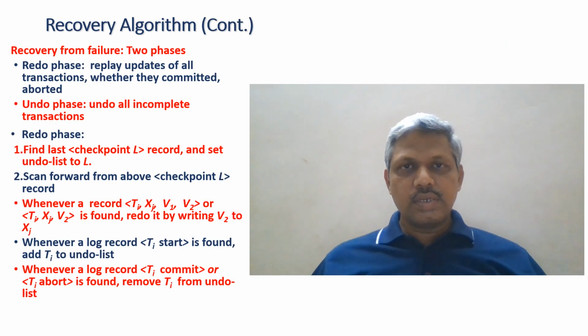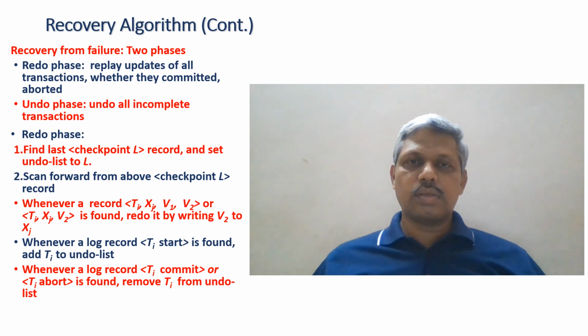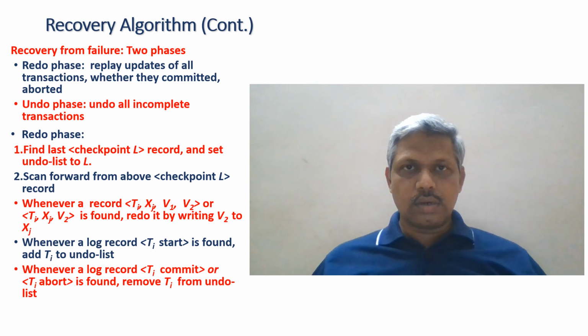So far we have seen the bits and pieces of the recovery process, and we have tried to understand all the intricacies that go into it. Now, putting it all together in a nutshell, we can discuss it in the form of a recovery algorithm. This recovery process typically consists of two phases: one is a redo phase and another is an undo phase.